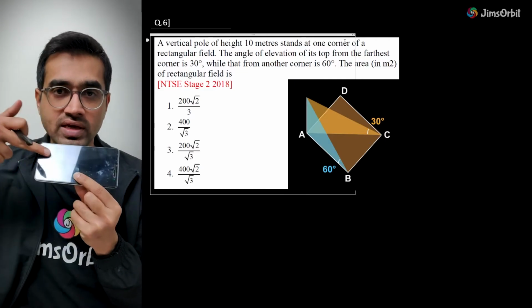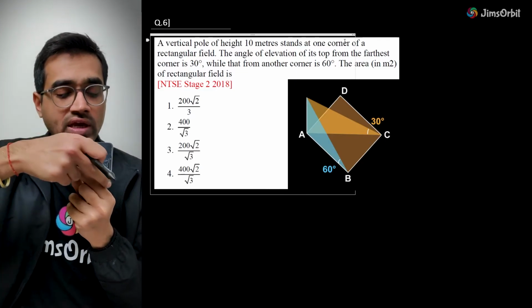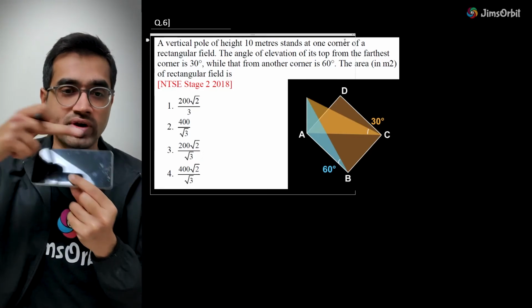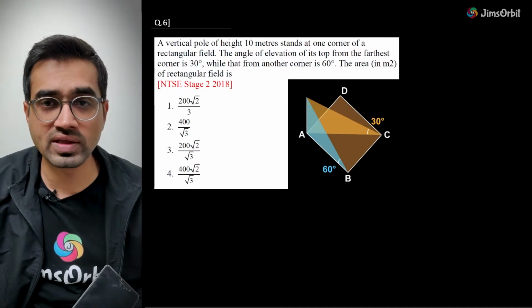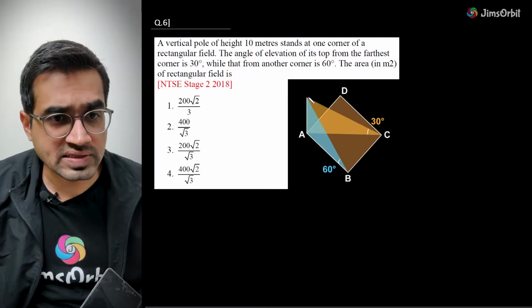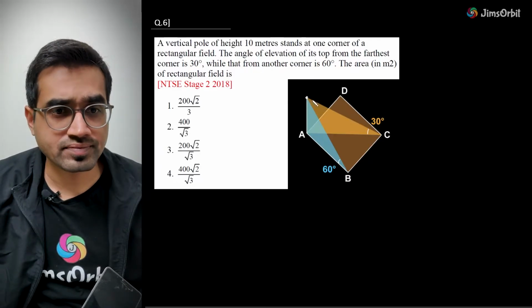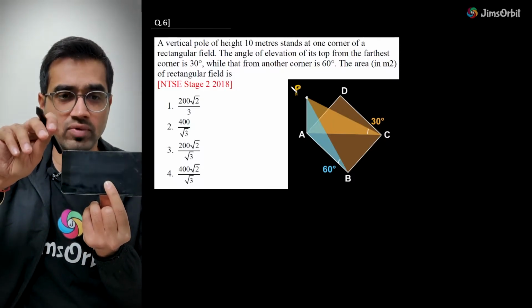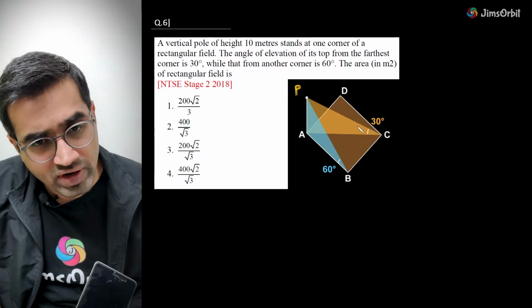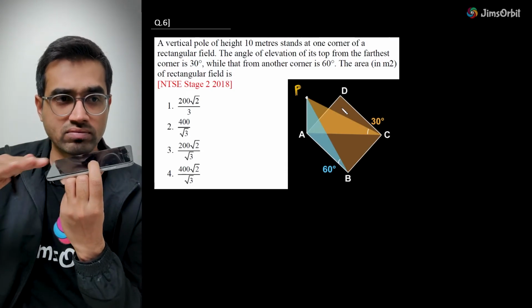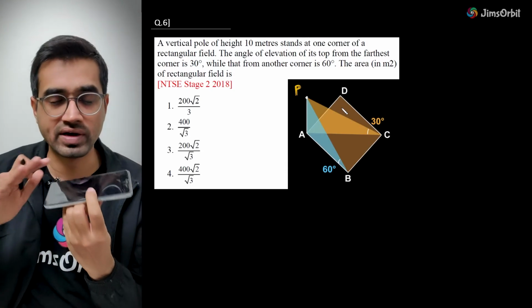Now the diagonal is there. Whenever a person is looking, he is looking from this point. This is what has been drawn. Now notice one thing here, all of you please. The pole is at A. Consider the pole top point to be P. Someone is looking at this from the point C. A, B, C, D is considered as the ground, the rectangular field or ground.